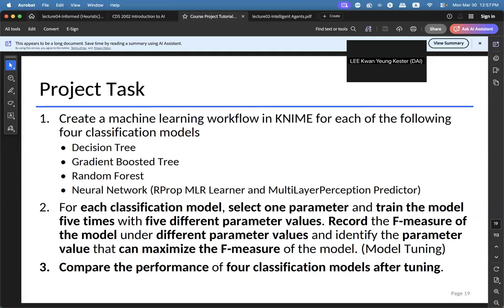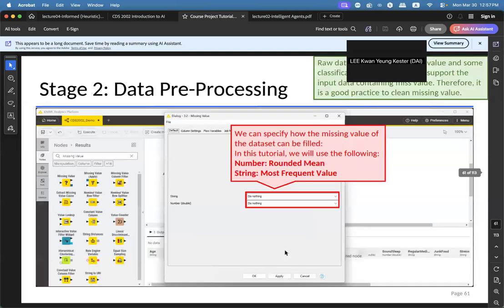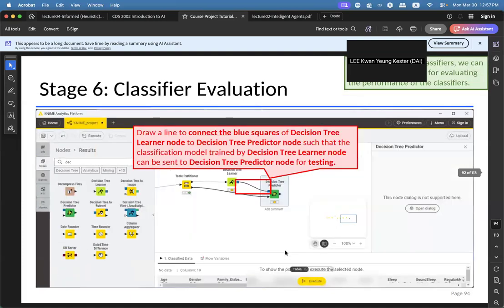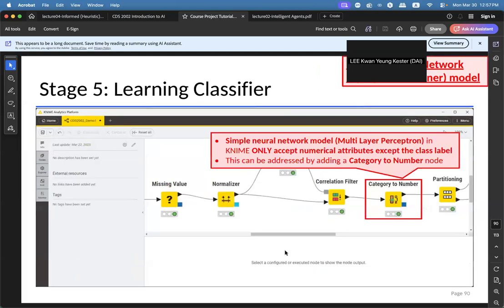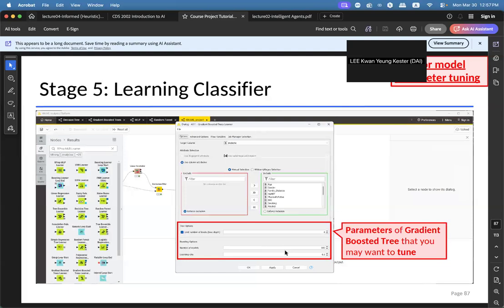Okay, and you will ask, Professor, where can I change the parameters? Don't worry, I have you covered already. If you take a look at the lecture notes here, I already specified the parameters that you can try to modify when you are doing the project, okay?